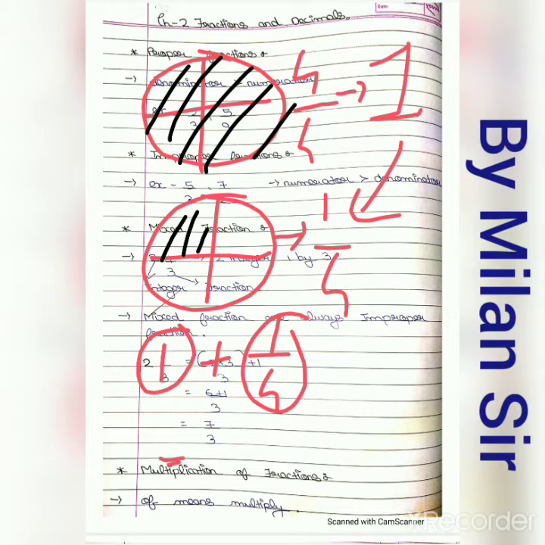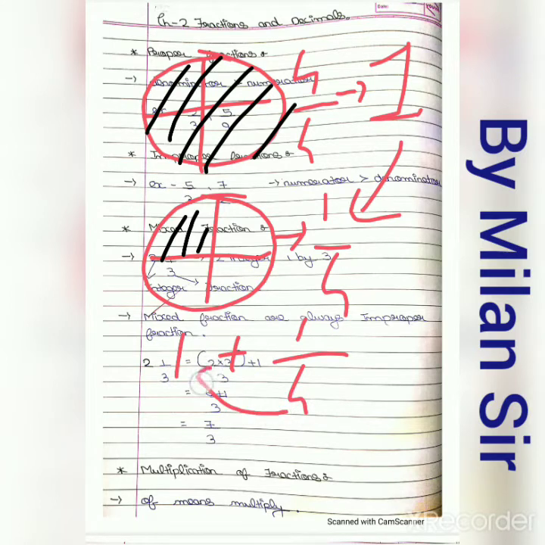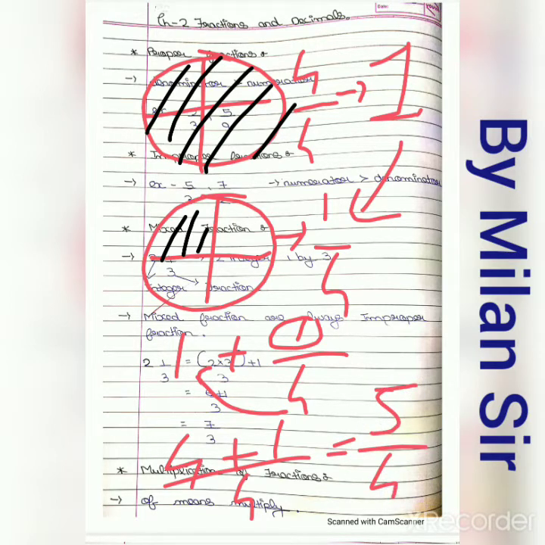Now just simplify it. That means we need to take the LCM here, right? Because here we have denominator 4, but here we do not have any denominator. If we do not, we can write it as 1 over 1. So again I'm writing this, 1 plus 1 by 4. Now just take the LCM. So 4 ones are 4, plus this 1 divided by 4. So in the numerator 4 plus 1 is 5, divided by 4. So our answer is 5 by 4, right?